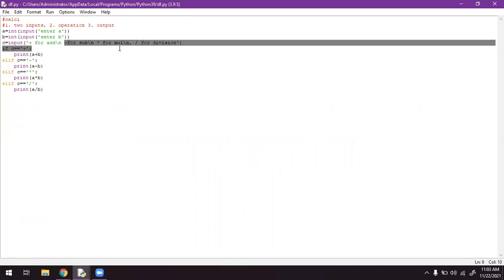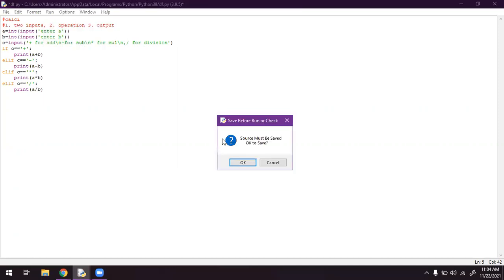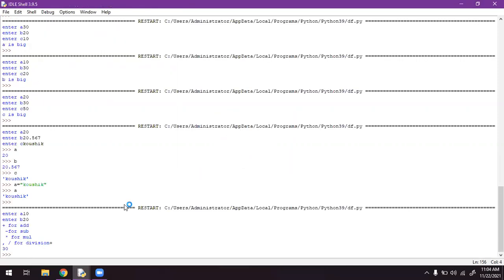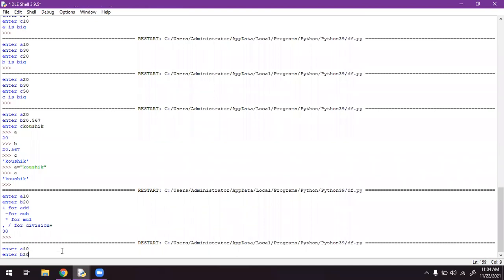In the print statement, if you remove these gaps, you will get the statement clearly. It is asking 10 right now, it is asking 20.